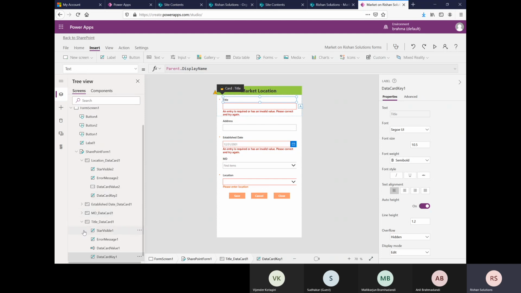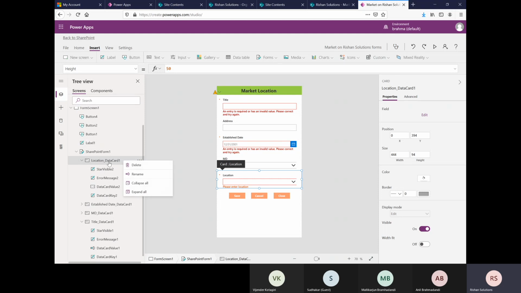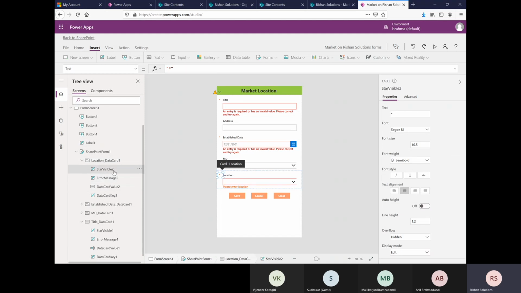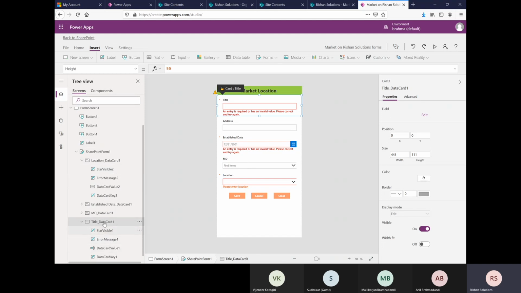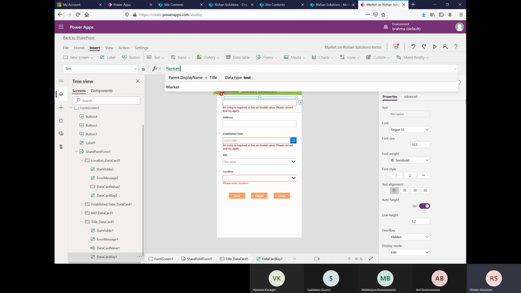So to unlock that one, you need to go to the respective data card. This is the data card. And if you click unlock here or anywhere, for example, just before we unlocked this one, and when I click this one, I cannot see the unlock option. Earlier, I just clicked on error message, I did the unlock, but I can modify in all places, because when you unlock any of this, it automatically unlocks the complete card. So I unlock this one, and then the final one is DataCardKey1. Instead of this, I'm changing it to Market